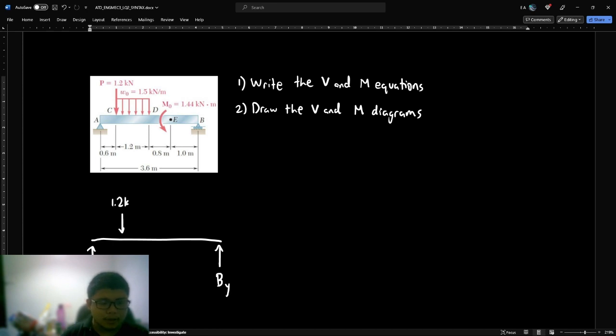It's 1.2 kilonewtons. This is a uniformly distributed load, 1.5 kilonewton per meter. And this is a counterclockwise